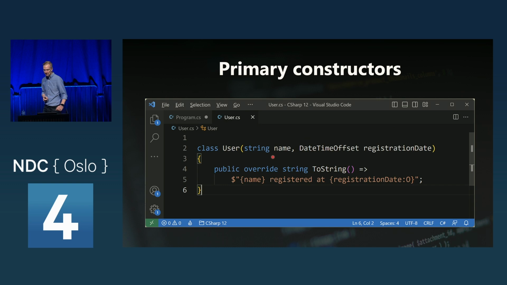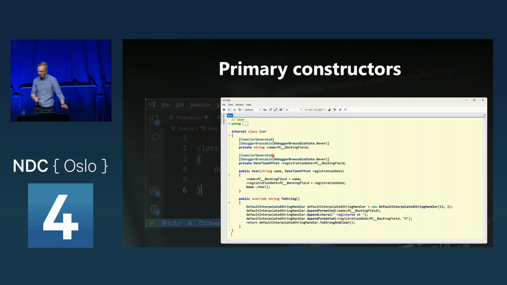Slight difference. So if you want this to be publicly available, you'd have to introduce that as well, and then you can use the primary constructor value to set it. And you'll see that if we decompile the application, we've got this constructor, and it's simply setting a backing field. So it's a little bit different from the record. But this is not released yet, so who knows? They might change it. So take this with a grain of salt.